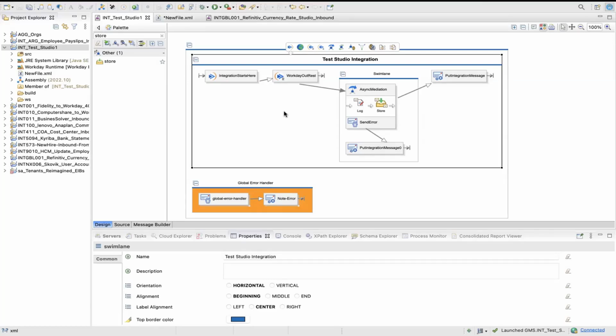SOAP is when we have to use the Workday delivered web services. Those are by default SOAP, and for that we have Workday Out SOAP as the component.